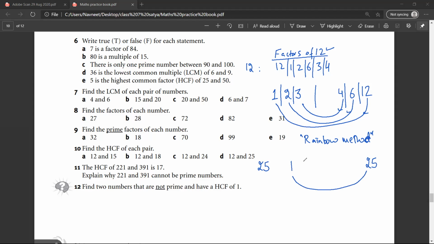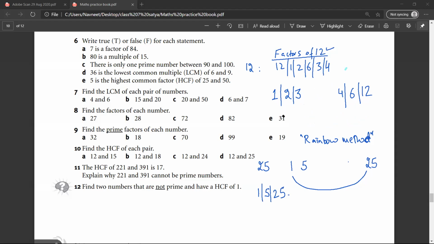So I need to calculate once. Yeah, you can. 5 and 5 only. So basically it will be 5 into 5. Yes, sir. So the factors of 25 would be 1, 5 and 25. Yeah. Satya, is it okay? Yes, sir. Okay. Now when you look at these numbers, let me erase the rest of the things and we'll